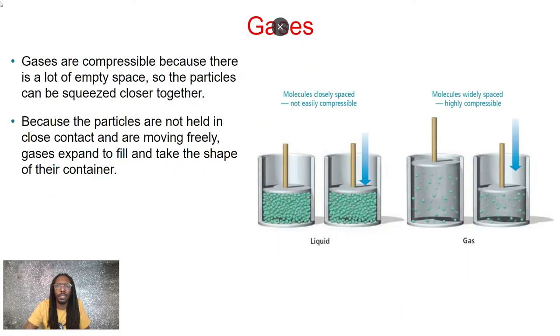The key thing about gases is that they're compressible. I can't say that enough. They're highly compressible. That's the key trait you want to know from gases. And that's just because, as I mentioned before, these small particles are in this huge area. No matter if it's a 5-liter tank or a 25-liter tank, it doesn't matter. These particles are so small compared to the containers. Because of this area they have, they're able to be squeezed together.